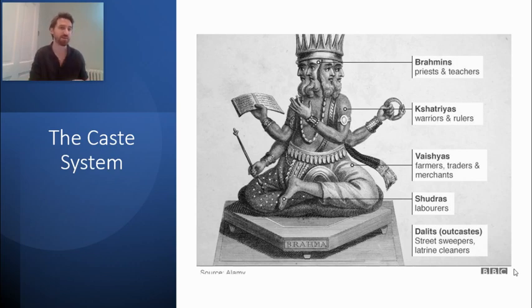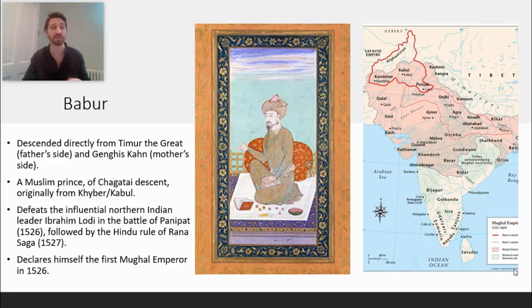So you think about the politics, the religion, and the social and economic structure, India is incredibly divided, and its divisions continue to define it throughout the time period we're looking at. Now, amongst this complex system of politics, one individual begins to expand and gain influence. And Babur is originally from the northwest in approximately what is modern day Kabul and the Khyber Valley.